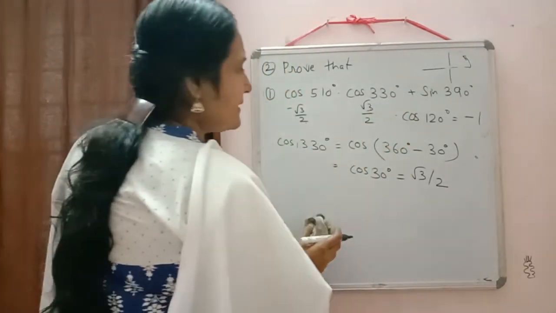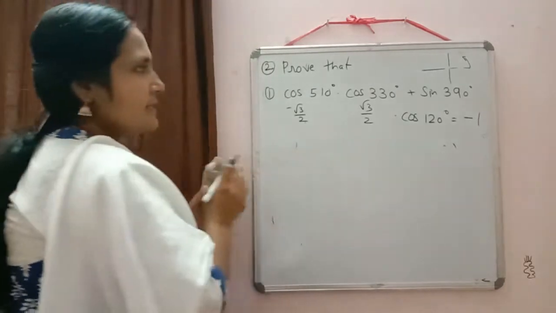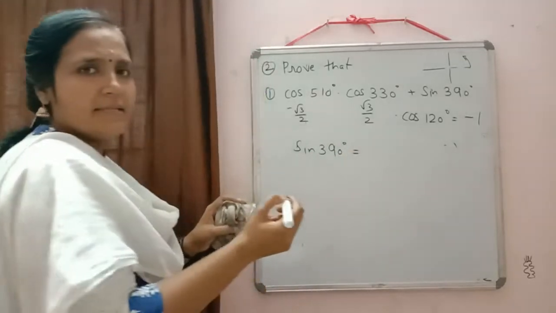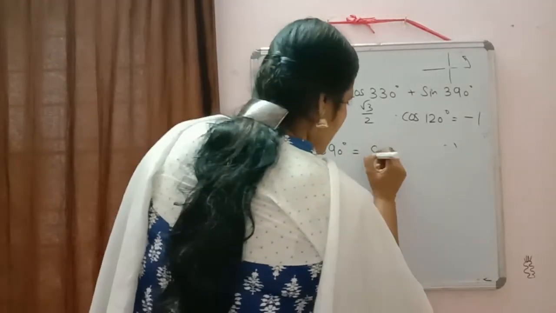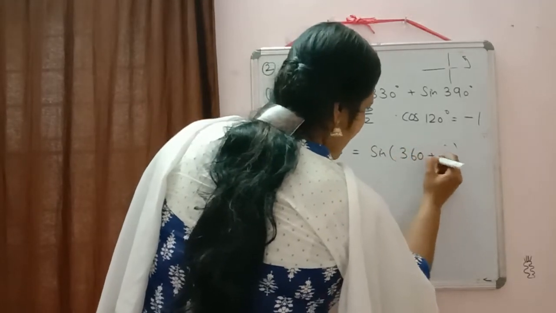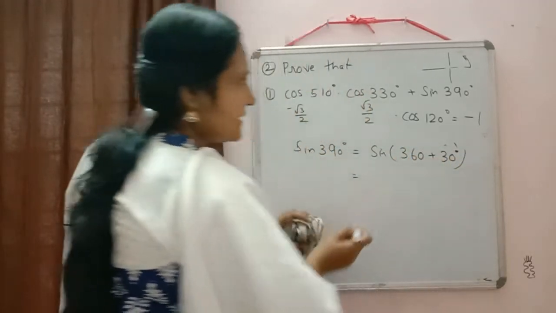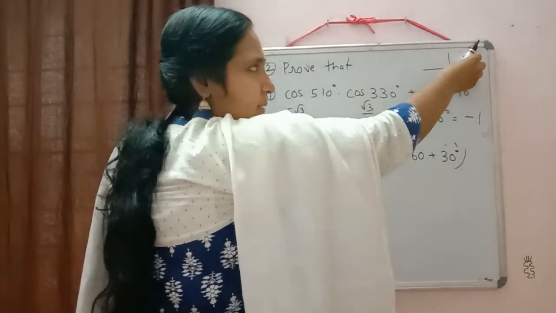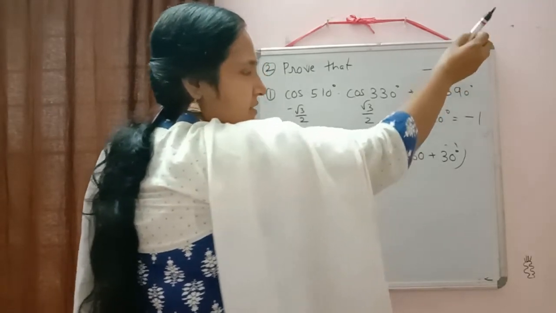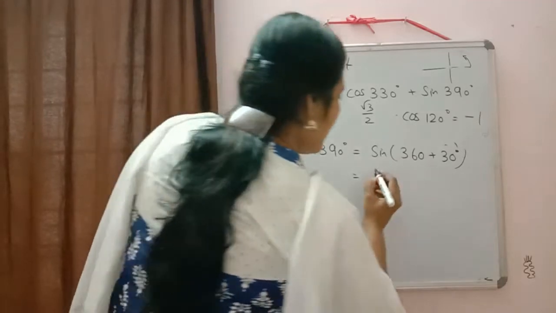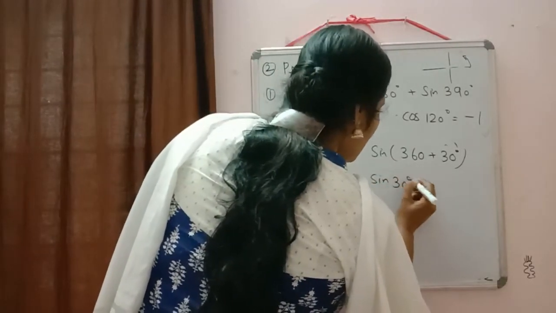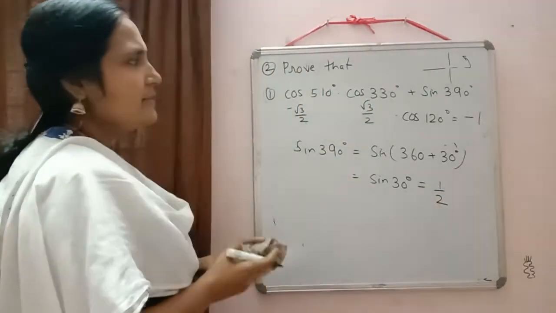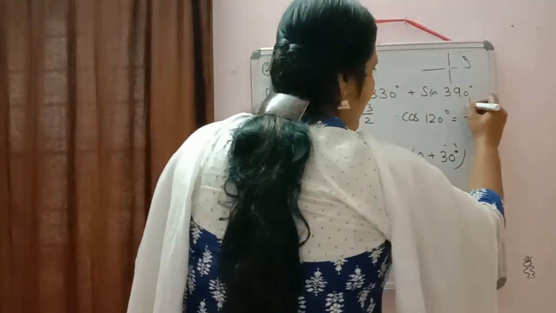Next we want sin 390 degree. Sin 390 degree. 390 degree, how we can rewrite? 360 plus 30 degree, sin 360 plus 30 degree. 360 means here. Plus means where we have to go? We have to go forward in this way. So we are in the first quadrant, and in the first quadrant sin is positive, all positive there. So it will be equal to sin 30 degree, and sin 30 degree is 1 by 2. So we are getting here sin 390 degree value is 1 by 2.